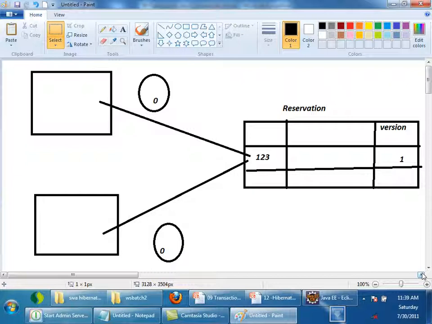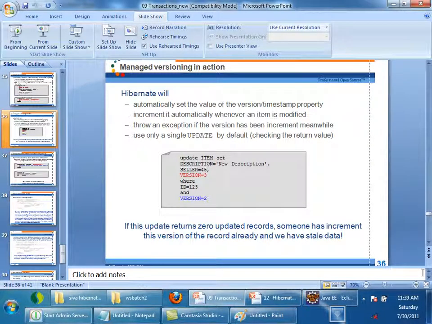Not required actually. Both are not required. Logically, if you think also. Timestamp means you will get the time when it is updated, exact time. But versioning, it will just check the numbers, that's all. Hibernate will automatically manage. We are not actually entering the data for version or timestamp. We will never use a variable for this. We will never increment the version variable, or we will never increment the timestamp. Automatically Hibernate will do it.